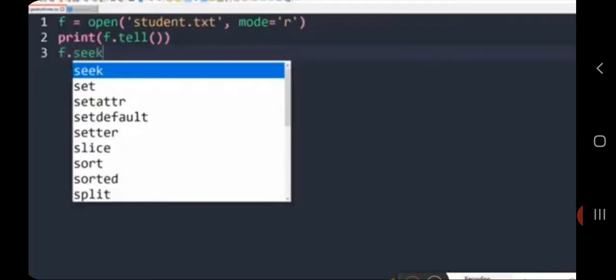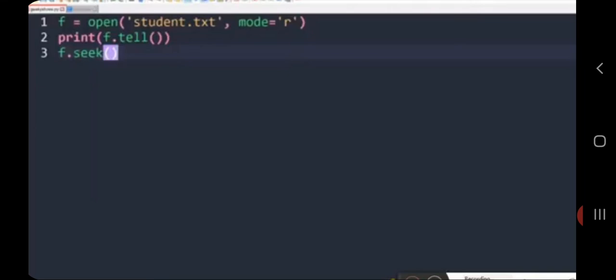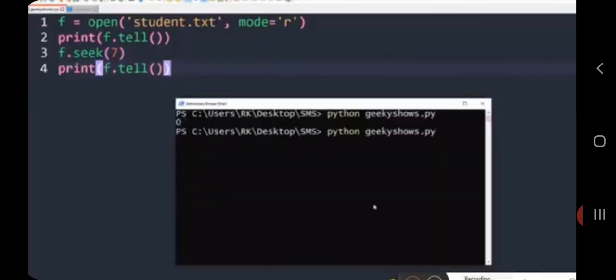With the help of the seek command, I can position the file pointer to any place in the file. So f.seek, inside the parenthesis I have to mention the location where I want to locate the file pointer. In the beginning it was at the 0th place, so if I give the command f.seek(7), it will be placed at the 7th position, and thereafter if I print f.tell, the file pointer location will be displayed as 7,